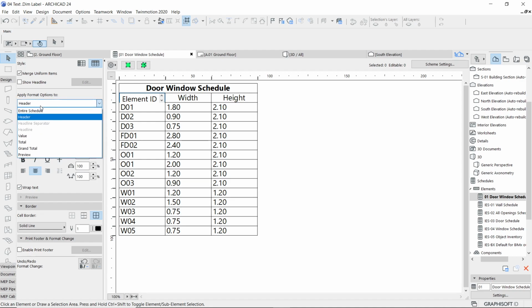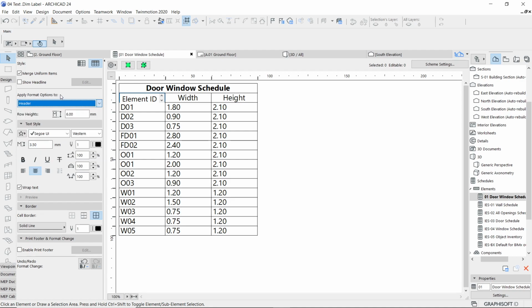So what you can do is, instead of the entire header, you can make this a value or total, and all these are different apply format options too. That is what it's trying to say. Okay, I will say that this has to be 2.5.